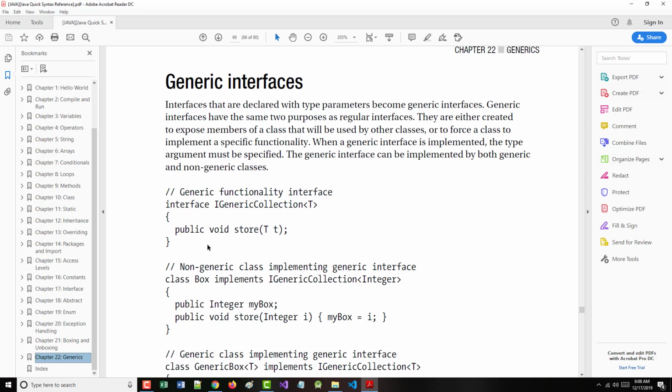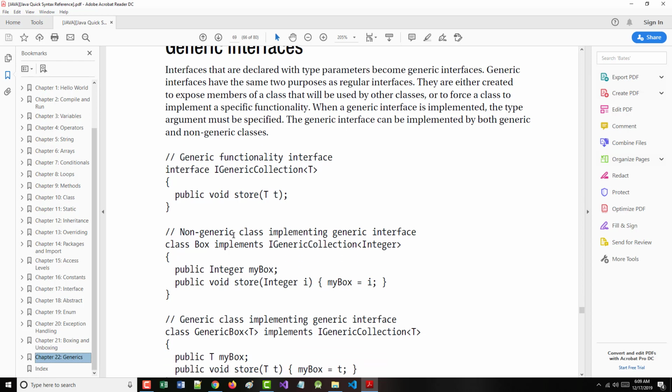Generic interfaces. As it says here, interfaces that are declared with type parameters become generic interfaces. It says it has the same two purposes as a regular interface. What is that? Number one is to sort of act like an API or to provide generic methods that any class that implements the interface must declare and implement. All right, and also it can have